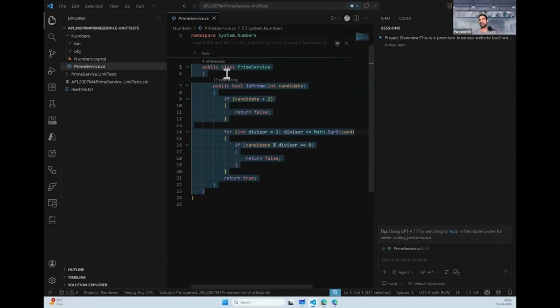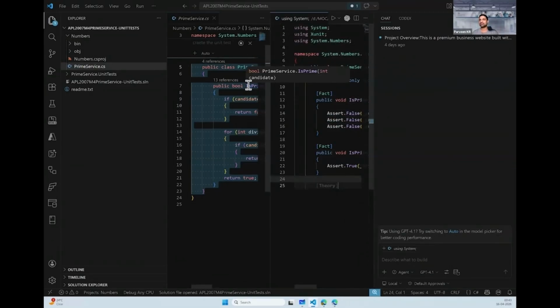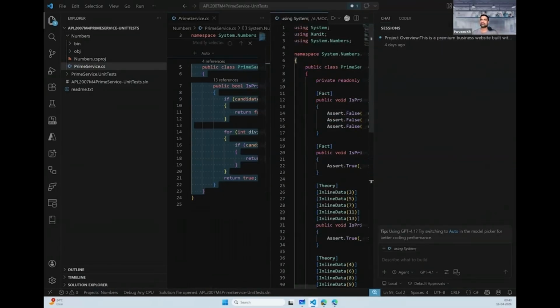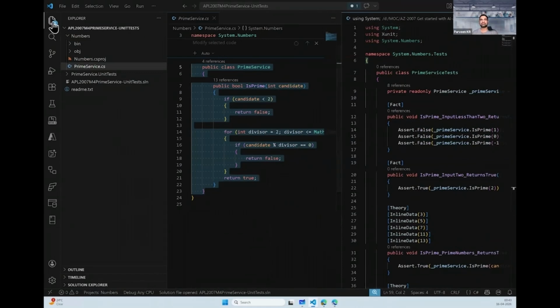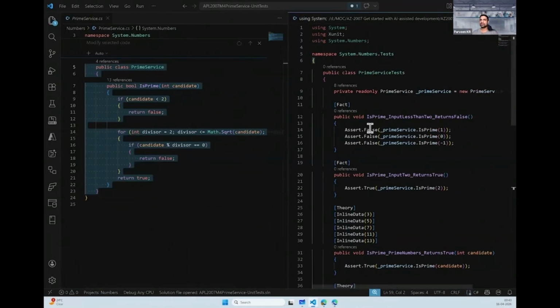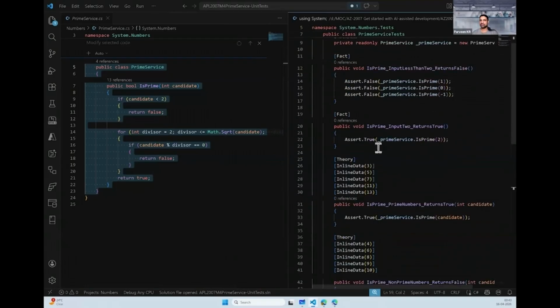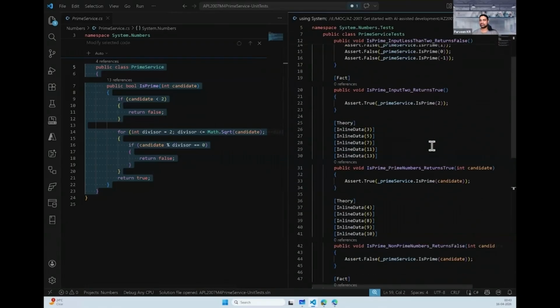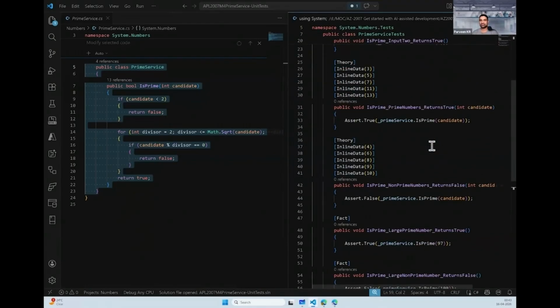So it will help me create the unit test based on the method that I have selected. See, writing the new unit test for you. See, here we go. IsPrime, Assert, InlineData, 3, 5, putting some values to test whether this is prime